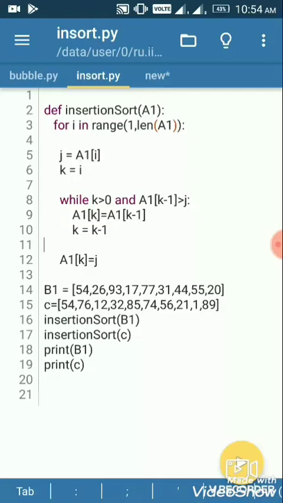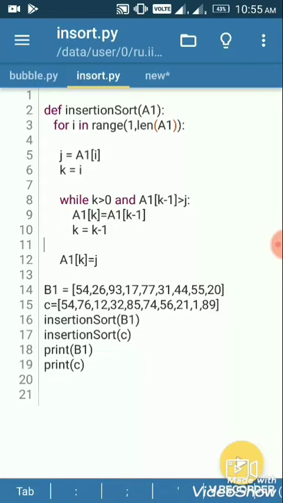Then the while loop is running until k is greater than 0. So when k is 0, the loop will be terminated, and also a condition that a1[k-1] is greater than j. So j will hold the value of a1[i].